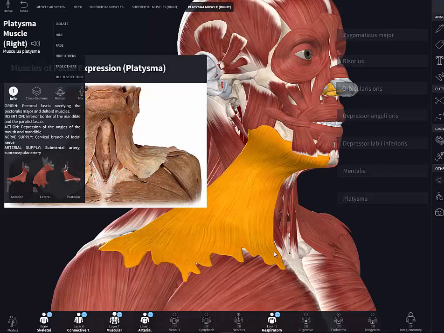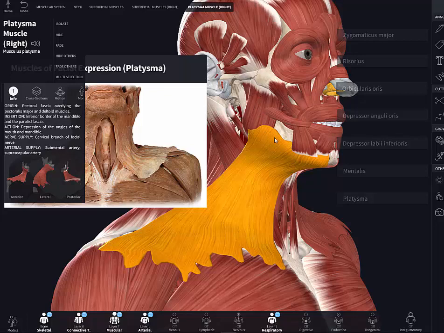Well, and if you look down here in the region of the pec major and the deltoid muscles, this is going to be where the platysma originates, specifically from the fascia that is overlying the pec major and the deltoid muscles here. It'll insert all along here, along the inferior border of the mandible, but also along the parotid fascia, because don't forget, right here covering your masseter and, well, your ramus and angle of the mandible is going to be your